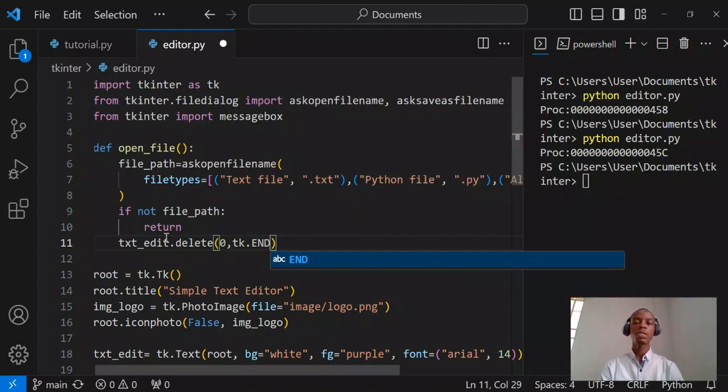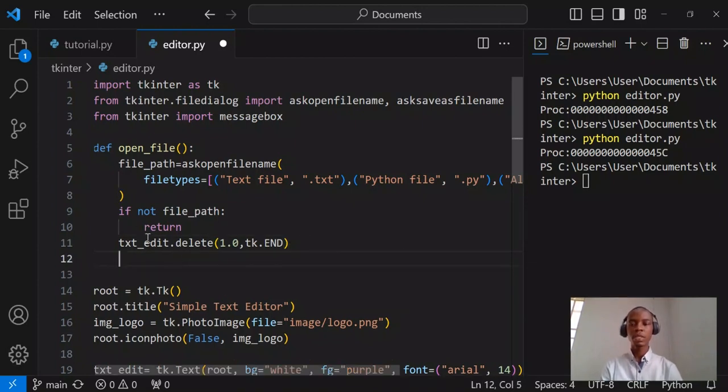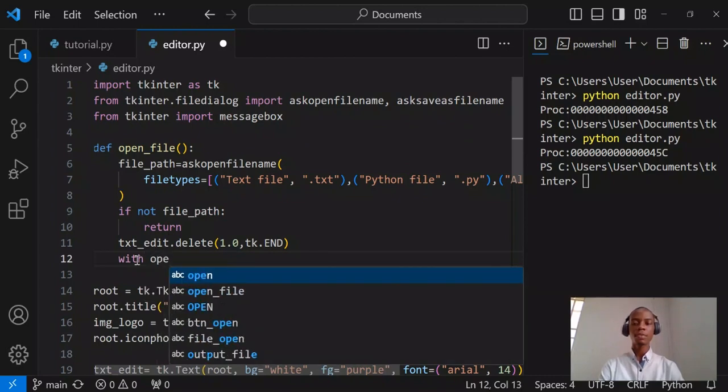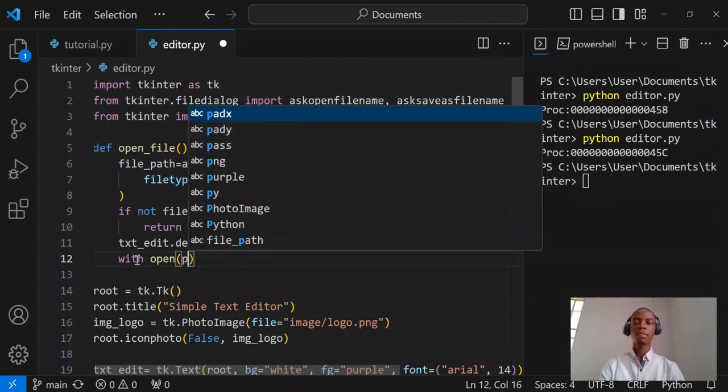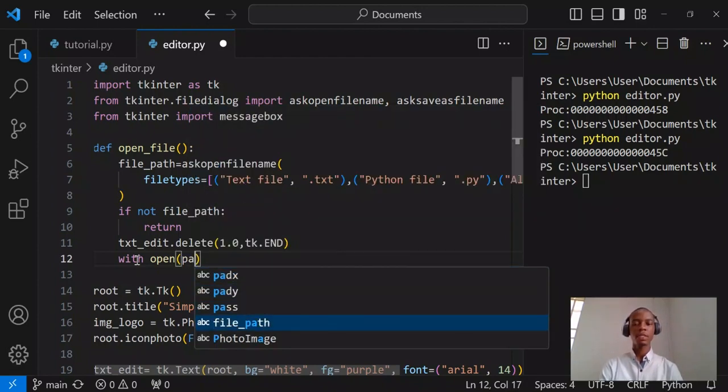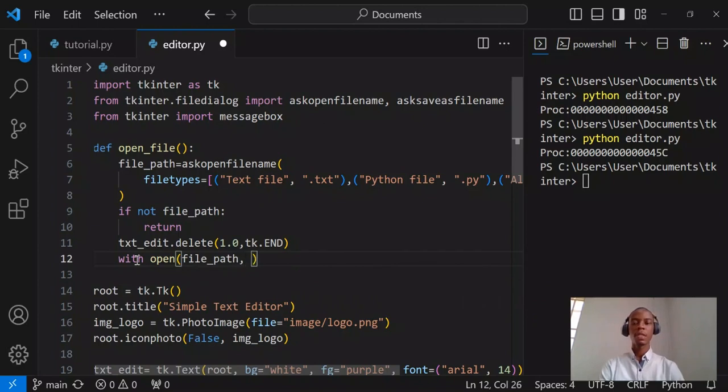In this case, we are using the text widget, so we are going to specify the row, which is row 1 and then column 0. This is how we do it using text widget. So it will delete the existing content in this edit environment, then it will start adding new ones. Let's say with open file, with open, and then file path, we open file path, and then the file you want to open. I want to read it, so the open mode is read, so we are going to use r